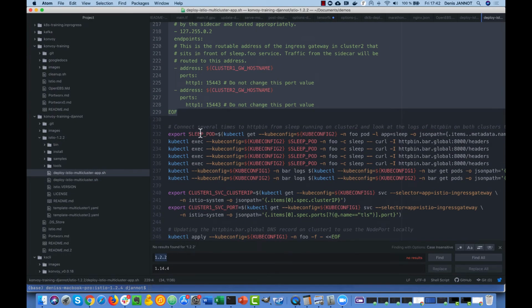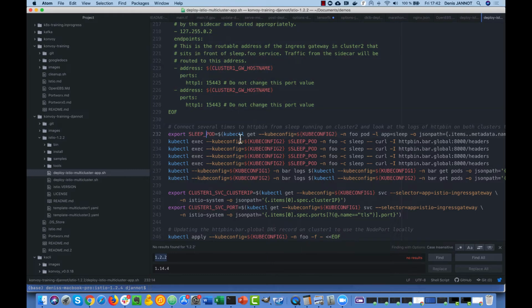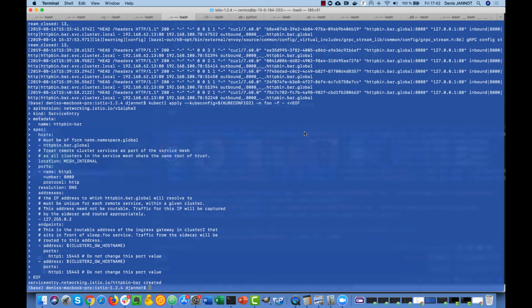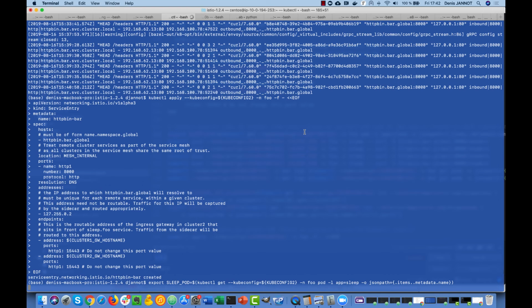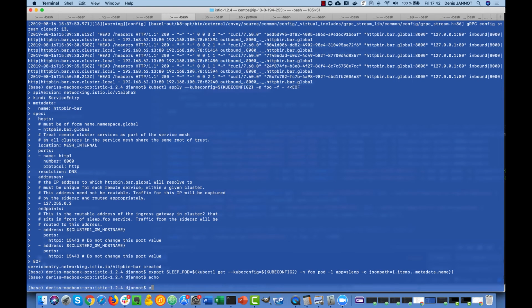So in this case, we'll get the sleep pod name, the one running on the second site, and we'll try to send the request from there.